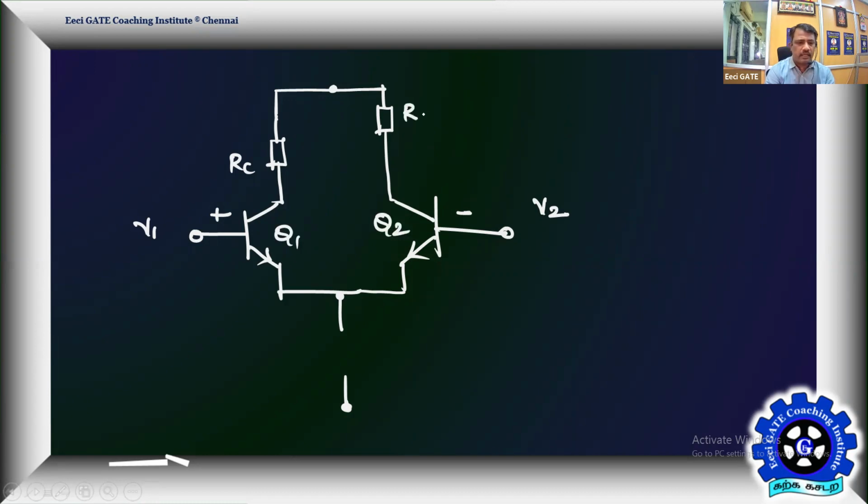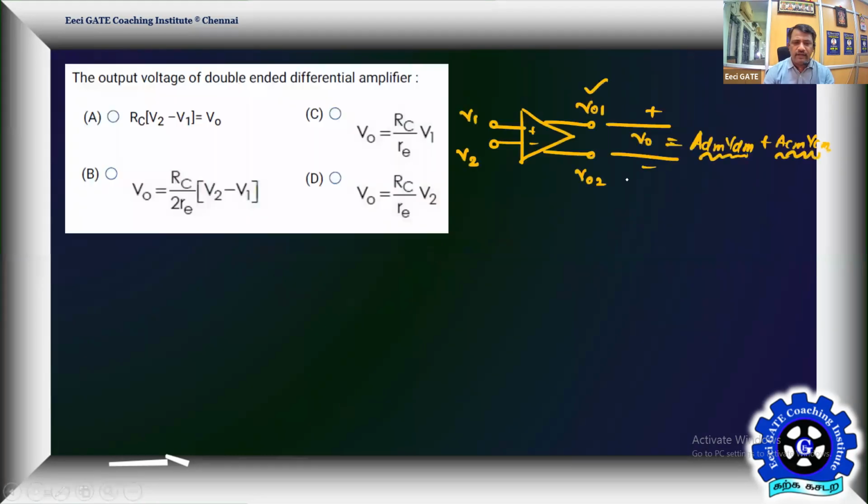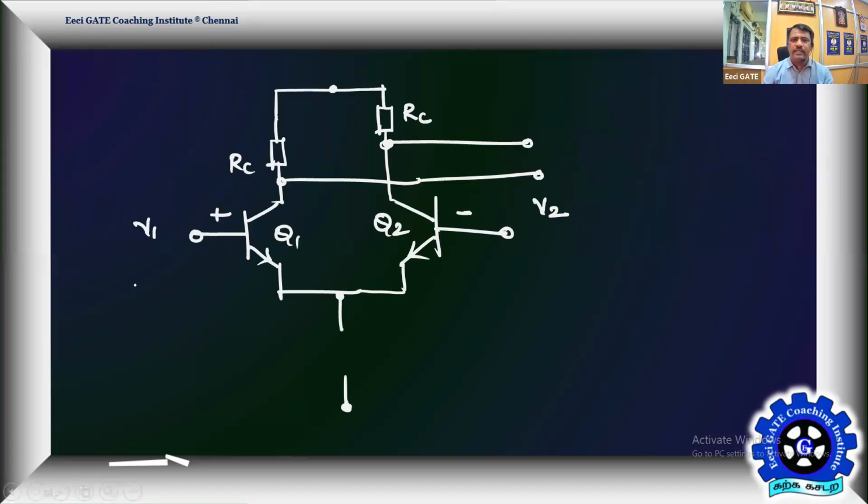This is RC. Where we are going to take the output, here we are going to take the output. This serves as Vx, and these we should call V01 and V02. Usually V02 will be at higher potential for a reason, and V01 will be lower potential. We take the difference. V02 is the output taken from Q2's collector, and this is the output taken from Q1's collector, otherwise you need to say V2 minus V1 as a positive difference.